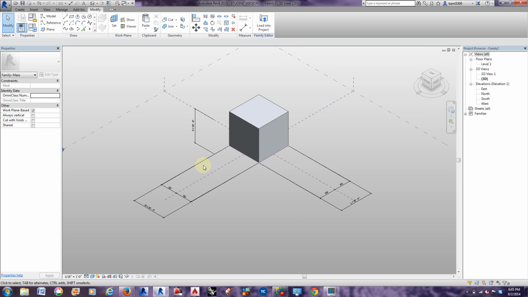At this point, I don't know if anybody's looked at the parametric mass for part 2, but there's a hole in the middle of it that cuts through the entire object. And the goal for us is to create that hole and have that flex as well, getting bigger and smaller